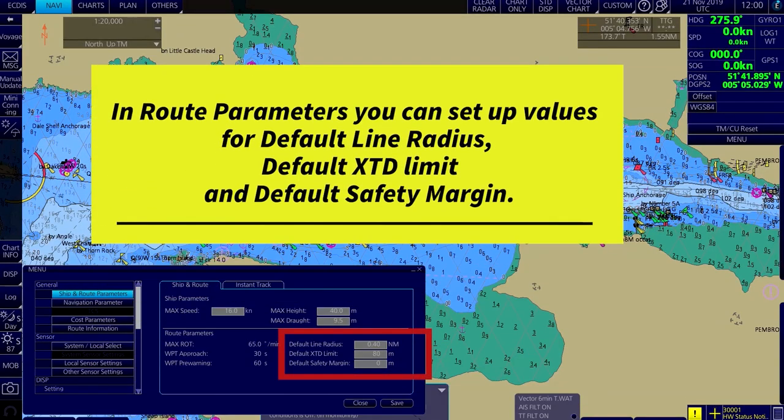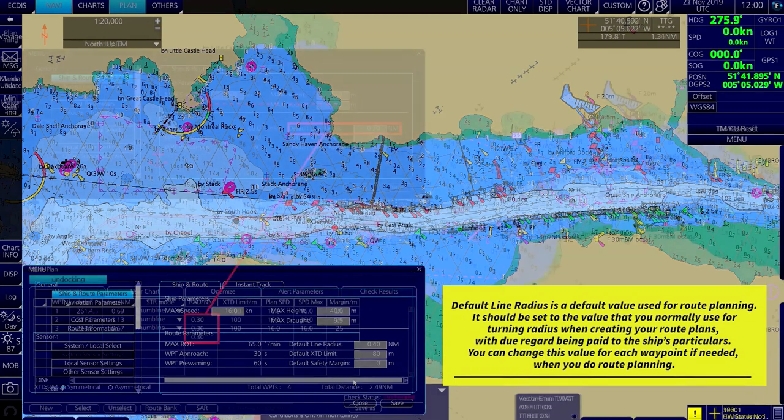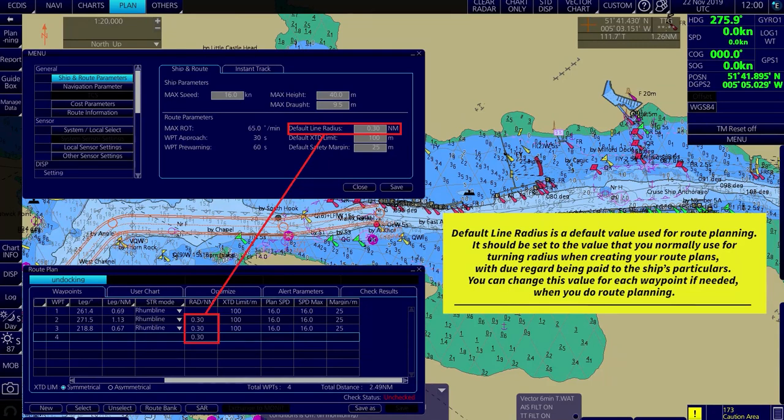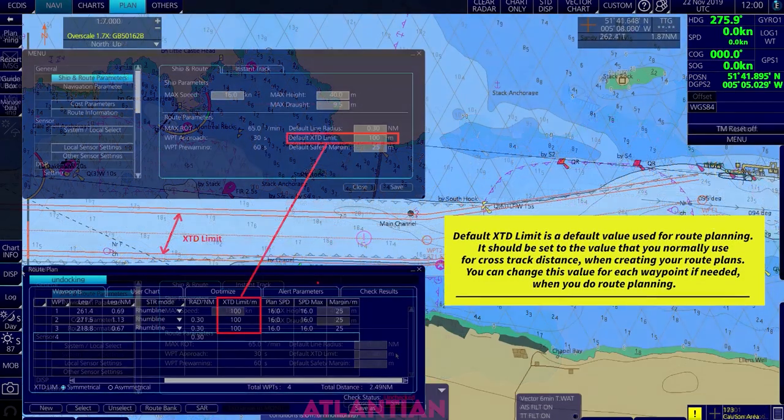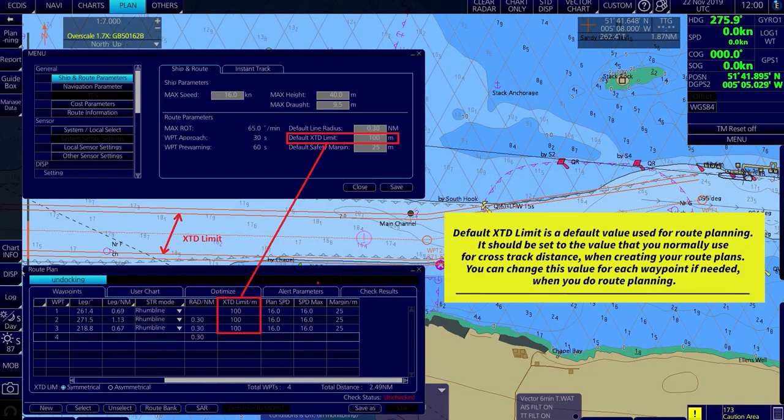Now down below in route parameters we can also adjust our default line radius, XTD limits and safety margin. Just for example, if I've set my line radius as 0.30 nautical mile, whenever I create a route plan, all of my waypoints will always have 0.30 as their default line radius, although we can change them by entering individual waypoints. The same is the case for XTD limit. If I have set my XTD limit to 100 meter, all my waypoints will have 100